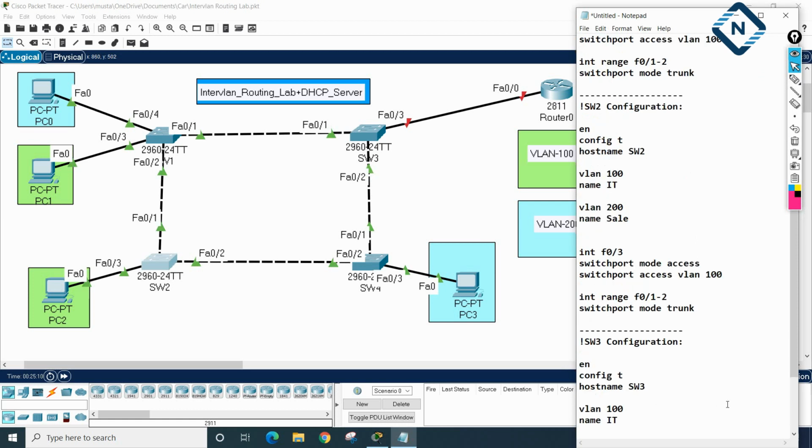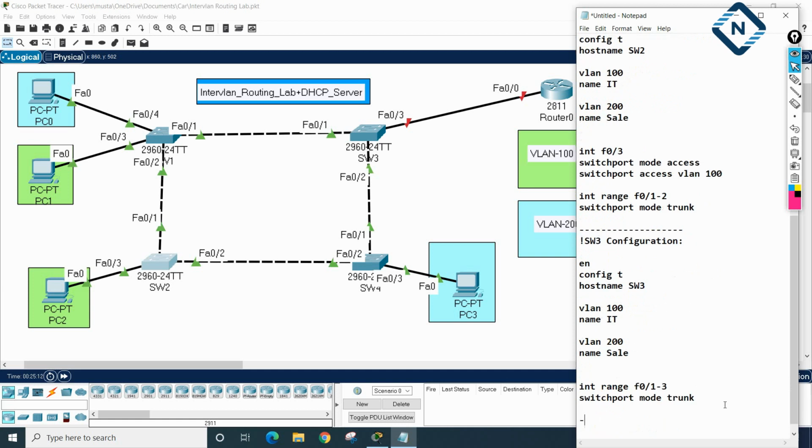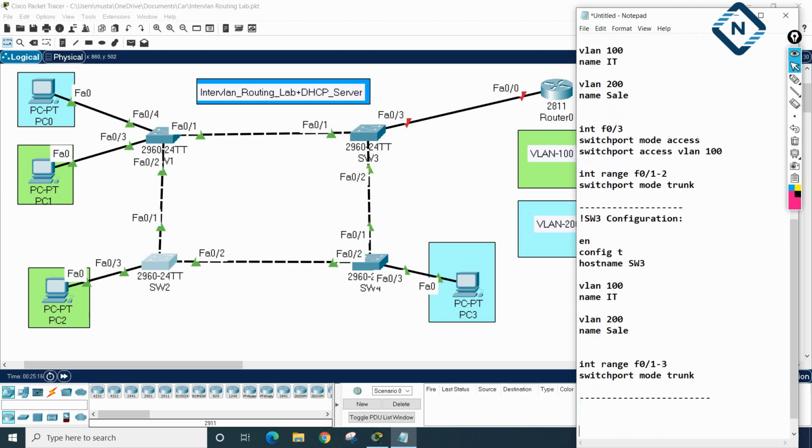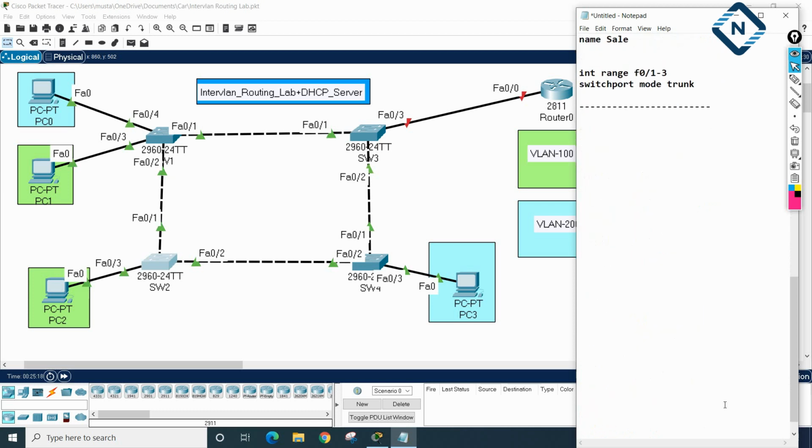Now we will do the router configuration. So I will divide this page, I will write here router configuration. Okay, so let me move this page up, and here I will write R1 configuration. Here I will write enable, config t, hostname. I will give R1, later we can change it to whatever we want. Okay, this is the basic.